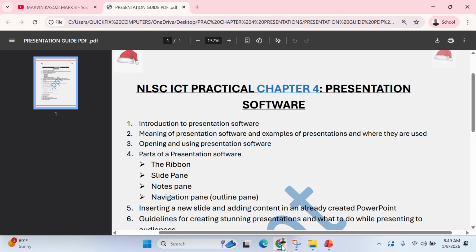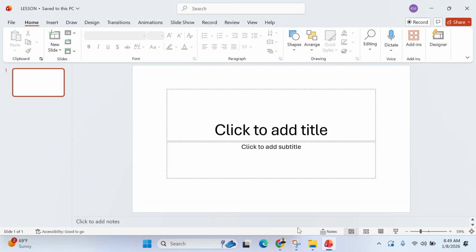Next up, the second major part is called a notes pane. A notes pane is just found under the slide pane. A notes pane is where the speakers add their notes. They're not visible when we are running a presentation, but they're important to the speaker. So the notes pane is found under the slide pane here. If you want to view your notes pane,